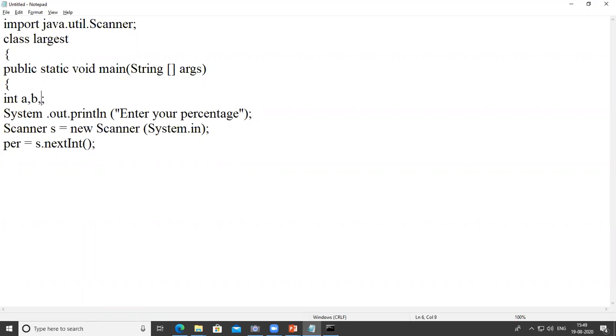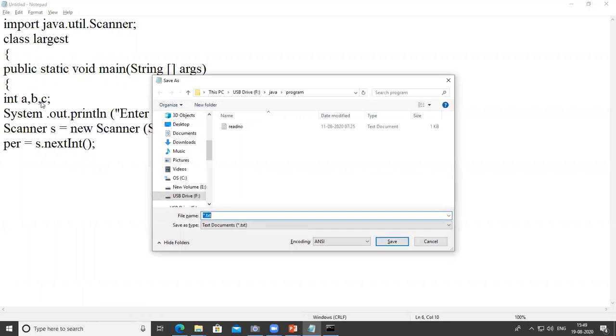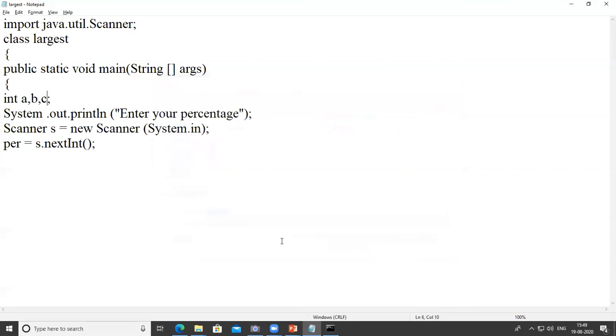So the numbers are a, b and c. Largest.java, save. So enter a, comma, b and c.